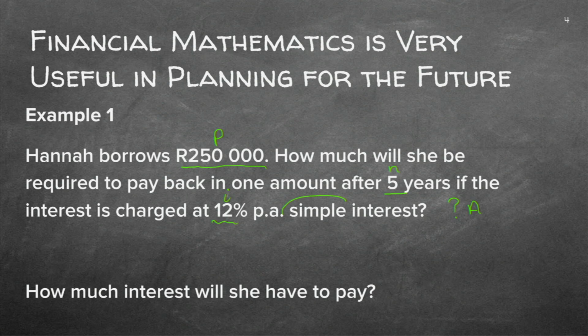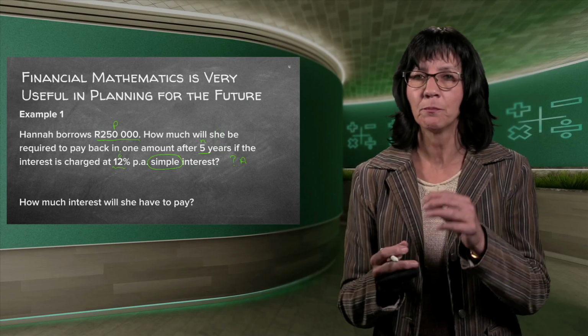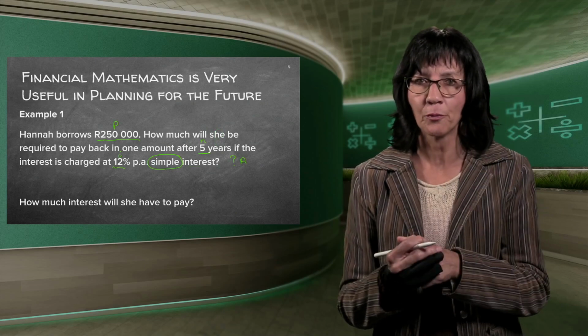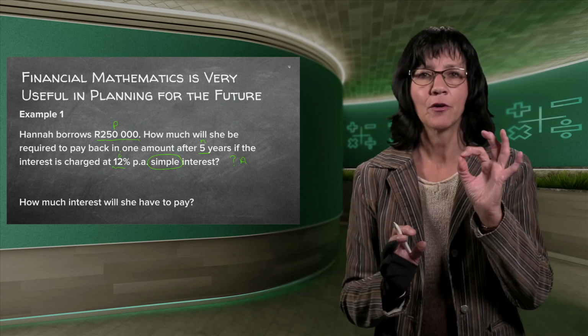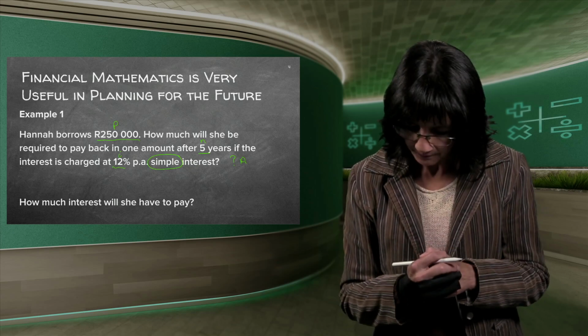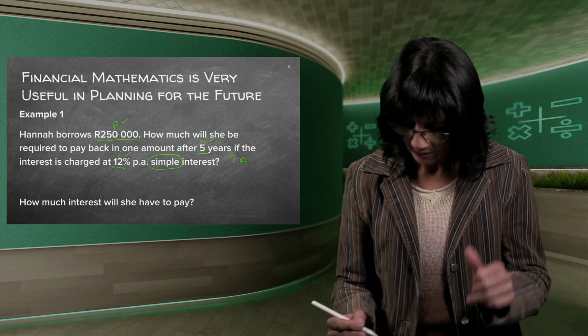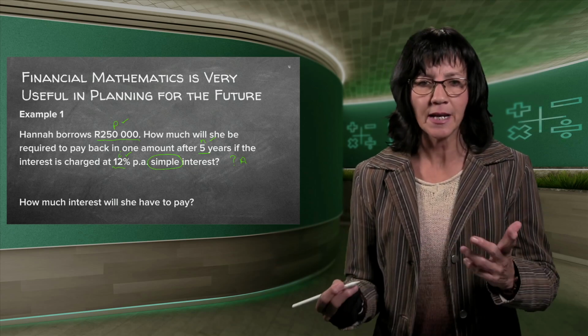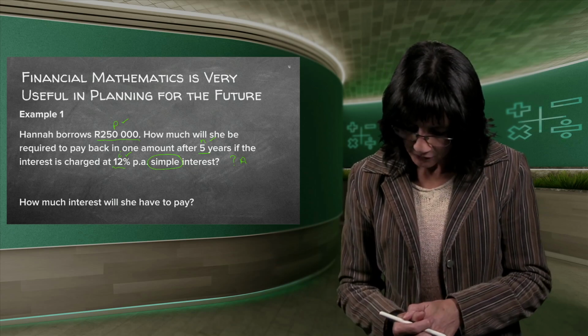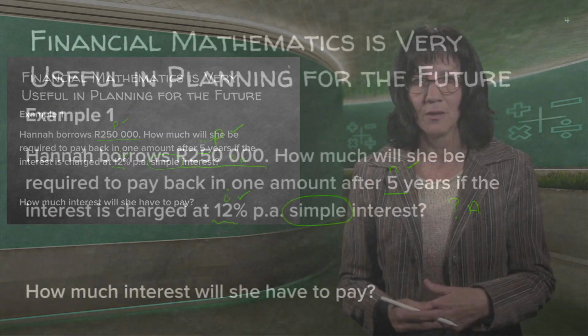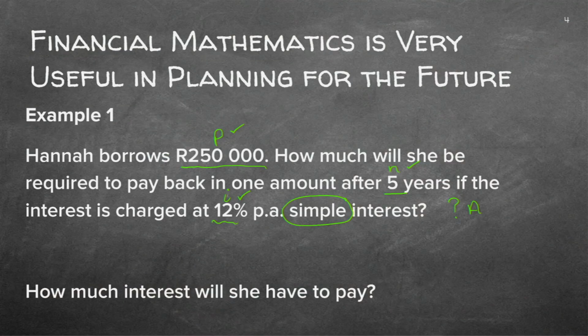But very important, from now on, because we've done now all the formulas, so you'll have to pick which one you're going to use. And if you pick the wrong one, 0 for the whole problem. We don't give marks for steps. Wrong formula, 0 marks. Good. So let's check. Do I have 3 things given? 1, 2, 3. Good. Is there one unknown? Yes. How much interest will she have to pay? So there's 2 questions. What is the A in the end? And then over that time period, how much interest did she pay?